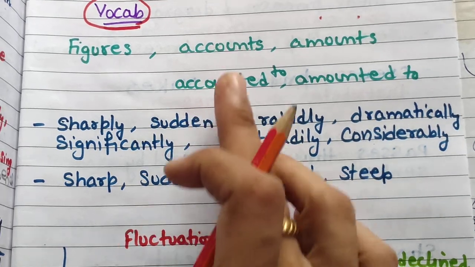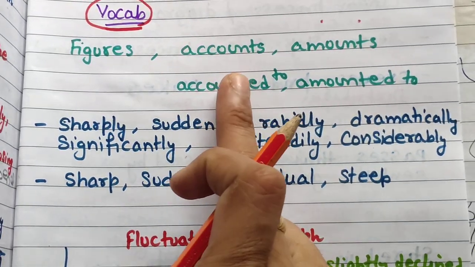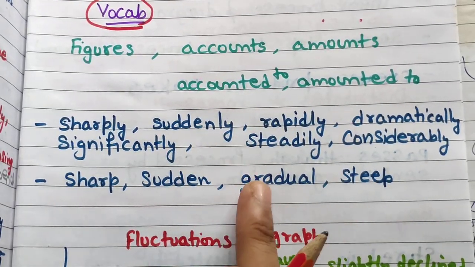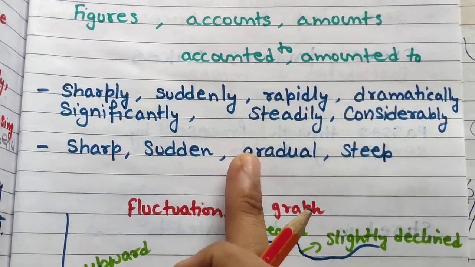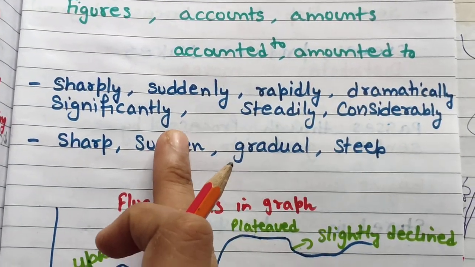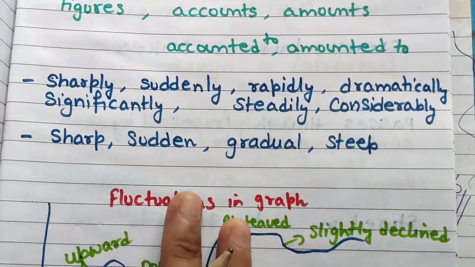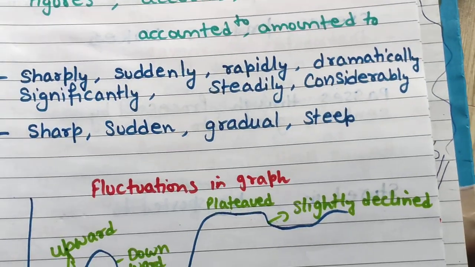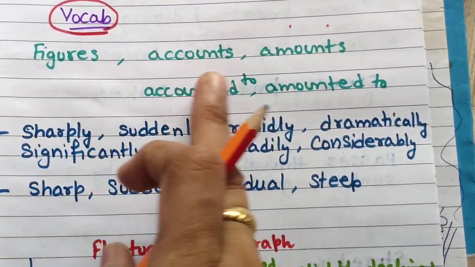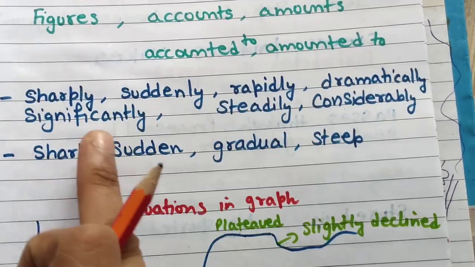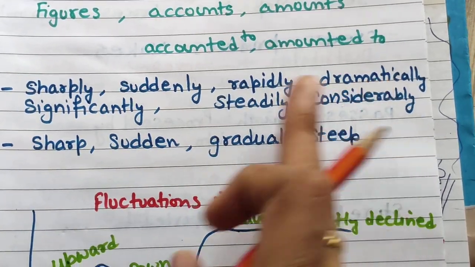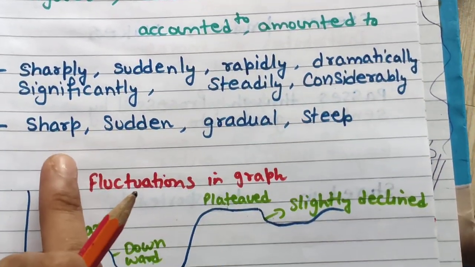Whenever you are doing practice, open your notes in front of you, so that these words come in your writing. So before the exam, when you have done 15-20 writing task 1, definitely you will learn these words by heart. Okay, so you can see this: figures, accounts, amounts, accounted to, sharply, suddenly, rapidly, dramatically, significantly, steadily, sharp,